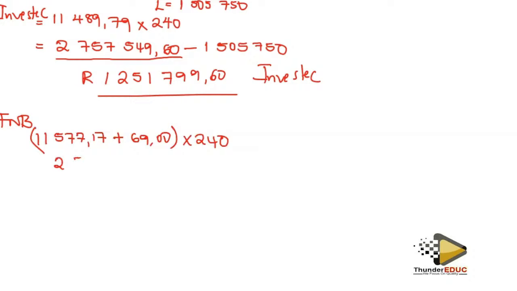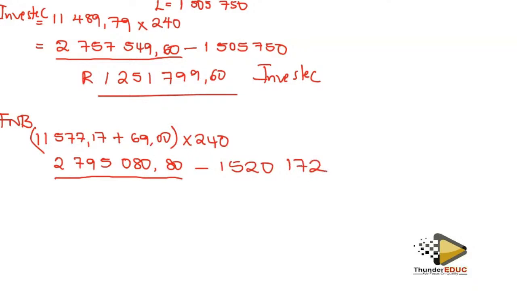You get 2,795,000 80 rands 80 cents together. So this is the amount for the loan. Then we are looking for the interest. We shall subtract the loan amount, which is 1,520,000. Subtract that. We are looking for the